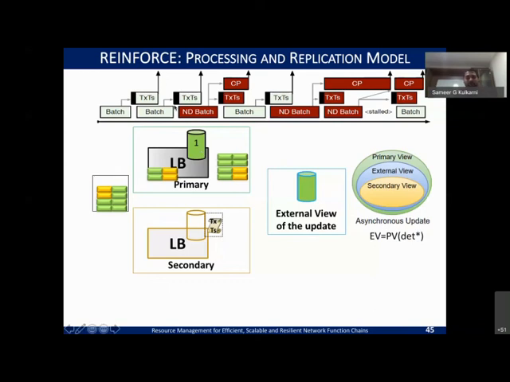So as the batch process goes on, we call this yellow the non-deterministic batch. In such a case, you want to not just update the timestamp, but also checkpoint whatever the state is. So now we will checkpoint the entire state and release the next batch of packets. At this point, after this checkpoint, the state between the primary and secondary is synchronized.